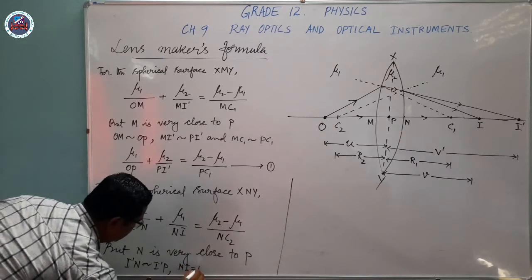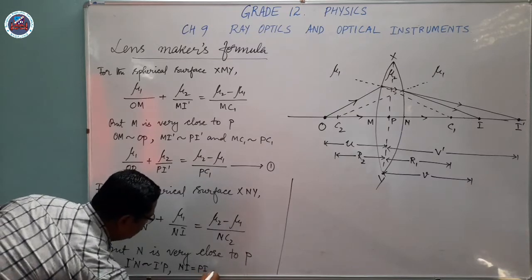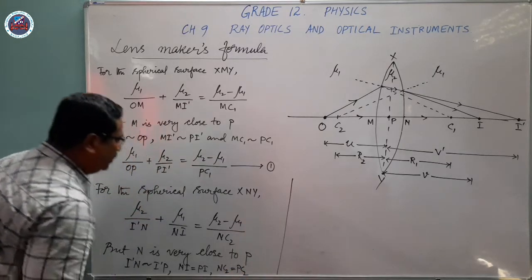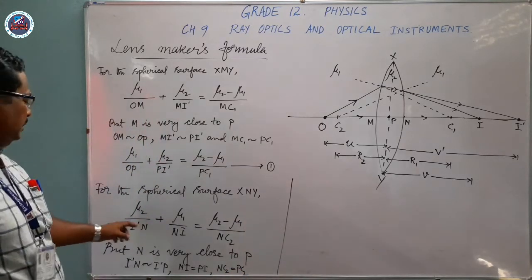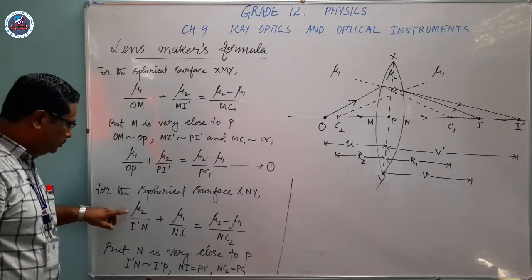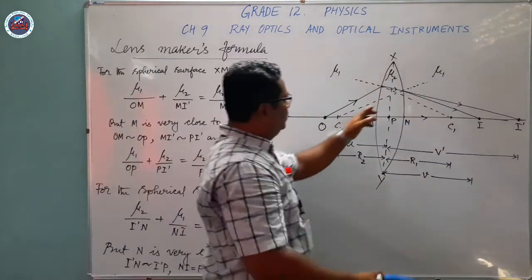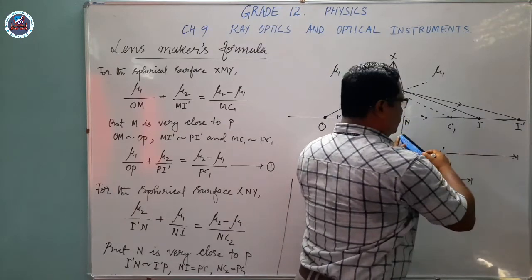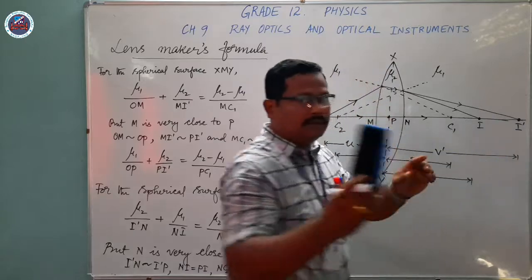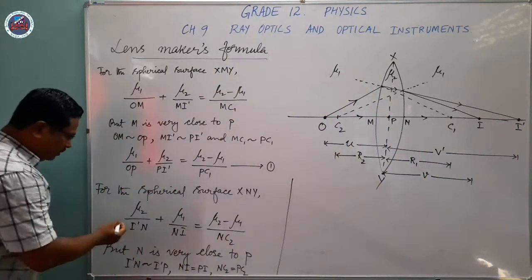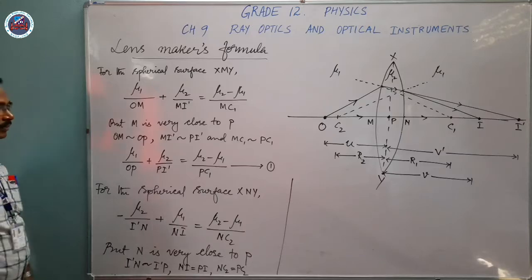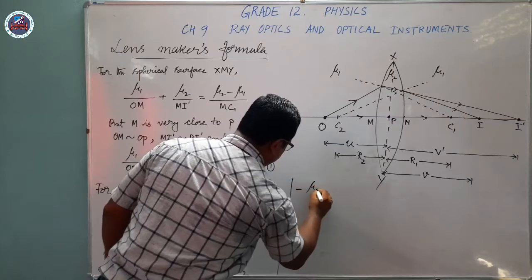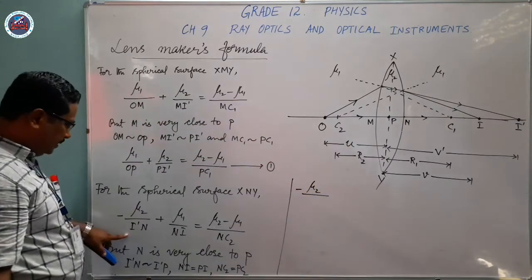Ni will be equal to Pi, and Nc2 will be equal to Pc2. But here one thing you have to mark. This refractive index mu2 and I dash n, they are in other direction. mu2 is here inside the glass, and I dash is, the object is this side, the other side. As they are on the reverse side, here you have to take one negative sign. Then if you put these values here, you will get minus mu2 divided by I dash n will be I dash p